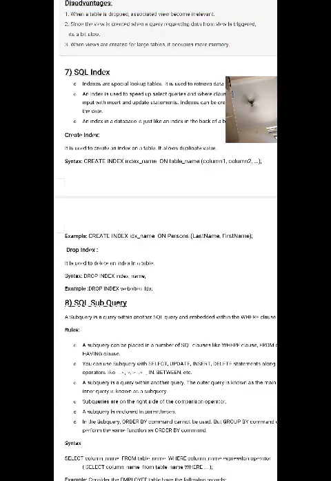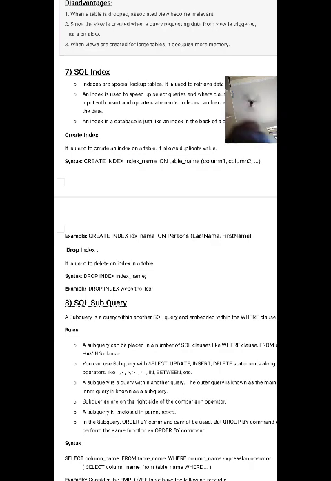Now you can see another topic, the 8th topic in this second unit, SQL: queries. Queries mean asking questions of the database. A query means giving a statement to retrieve, delete, modify, or do some transaction with the database. Whatever transaction you are doing with the database is called a query. Simply, in our terminology, it is nothing but a question.